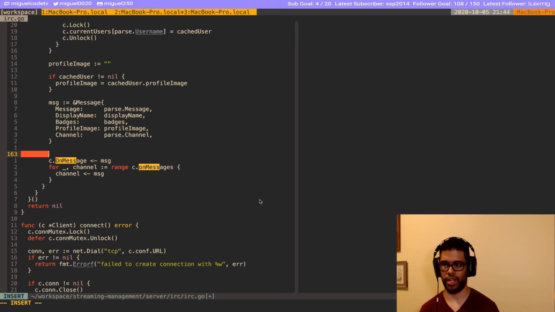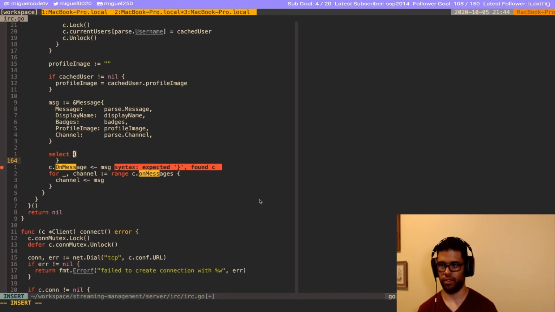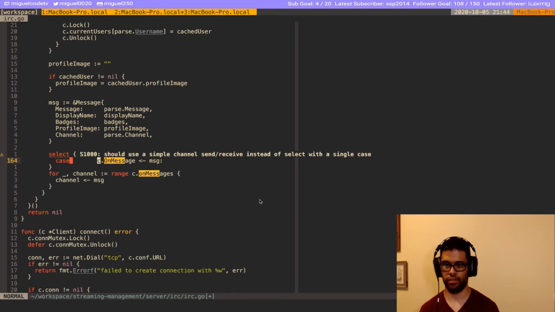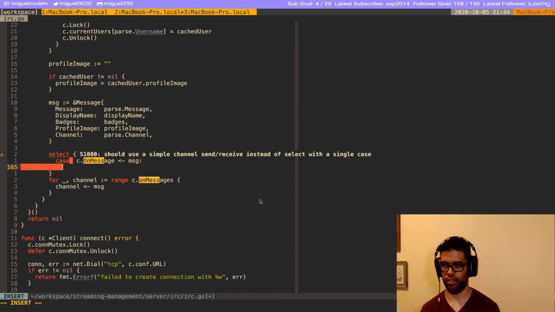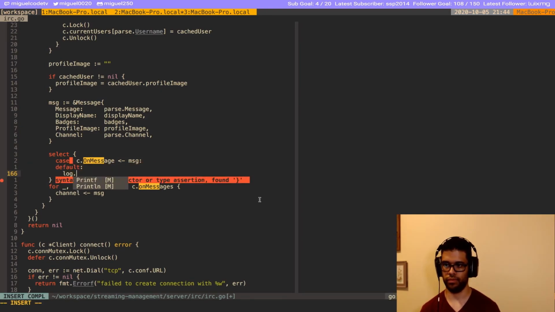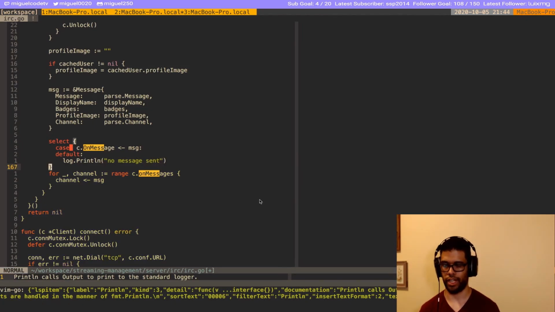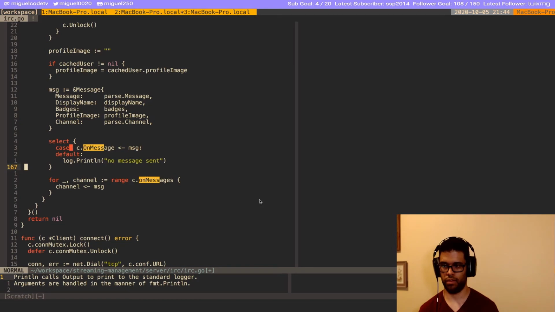Okay, and we should start making these things safe. So in this case, it wouldn't block. And here, it's gonna default. Okay. Cool.